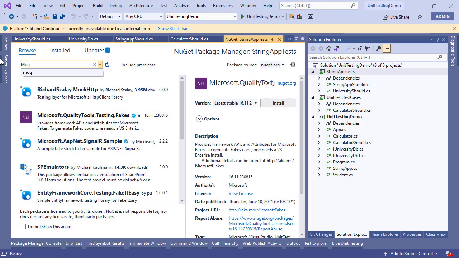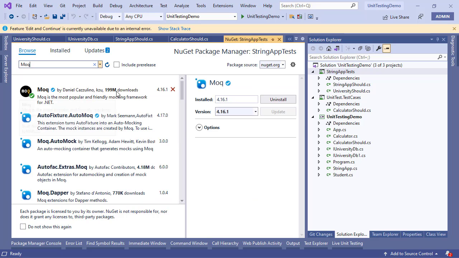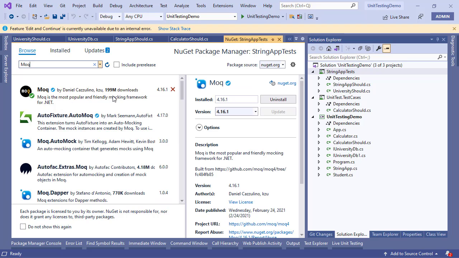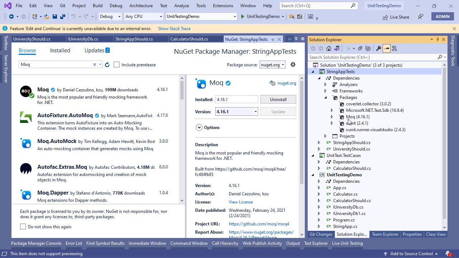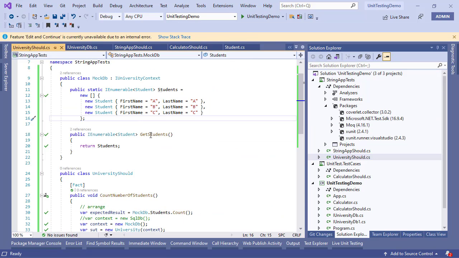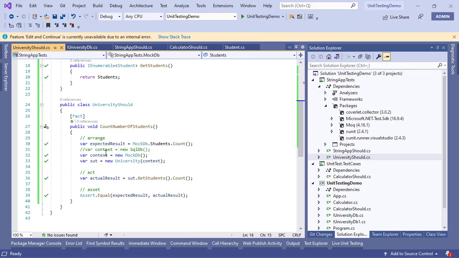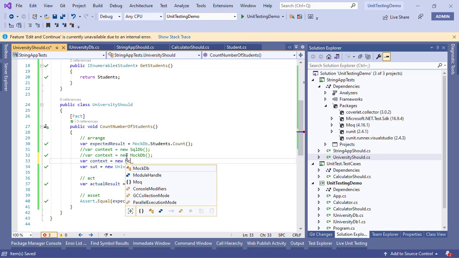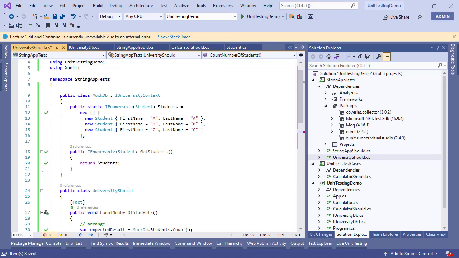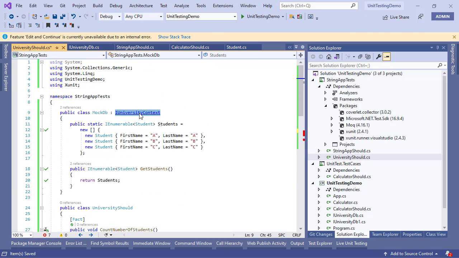I generally lean on Moq. This has a pretty decent count of almost 200 million downloads. So let's go ahead, and I've already added it to our solution, and it's going to add this Moq package to our solution. I'm going to close out of this and use that. Now, the trick to use that mocking context is you create an object of Mock. I'm once again going to call it context. New Mock, if you are mocking the IDBContext interface that we use here,